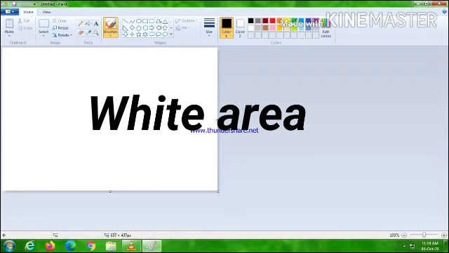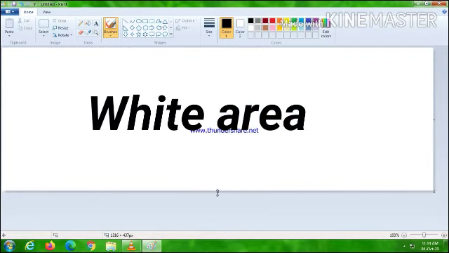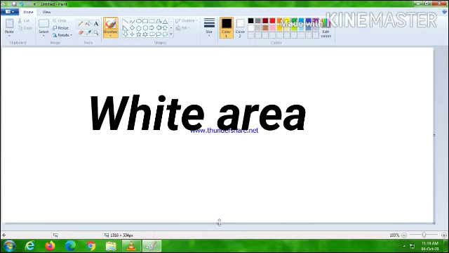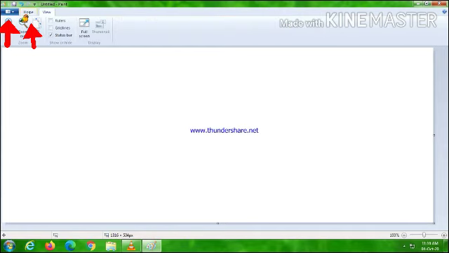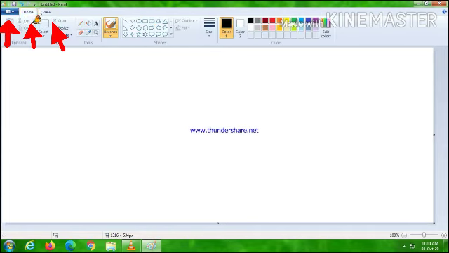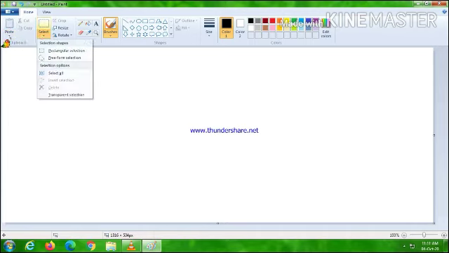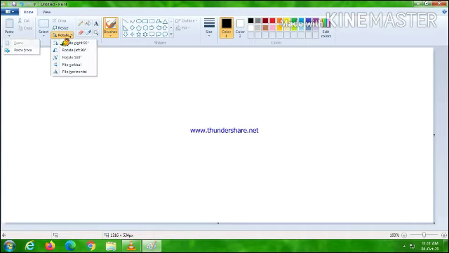The white area in the paint window is called the drawing area. It is the largest part of the paint window where pictures are drawn. Just look at this mouse pointer carefully. First one is the paint button, second one is the home tab, which is displayed by default, third one is the view tab. Select tool is located under the home tab in the image group, right? Just look at the drop down arrows, children. When you click on the drop down arrows, you can see some more extra tools. Clear?